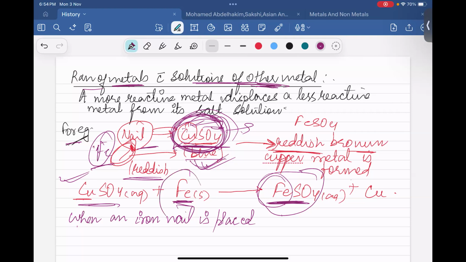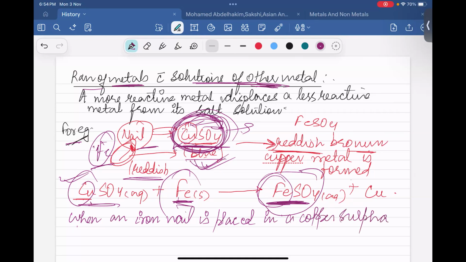As iron is more reactive, it will replace copper and come in place of copper. Understood? Okay, when an iron nail is placed in